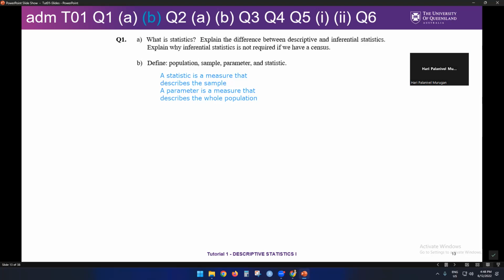Well, they essentially are, because parameters are mostly unknown. So you use the statistics to estimate the value of the parameters. Excellent. Very good. Yep, that's true. Usually,